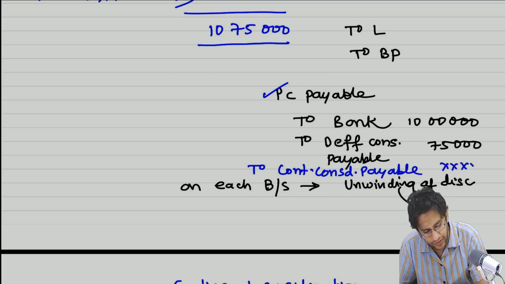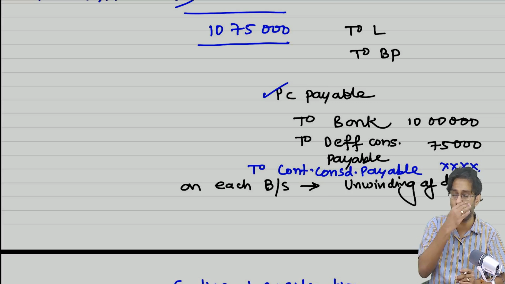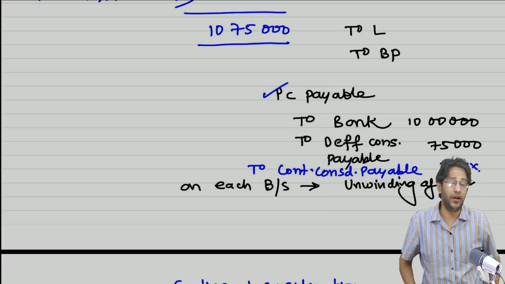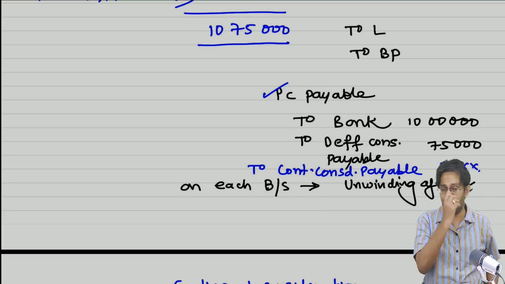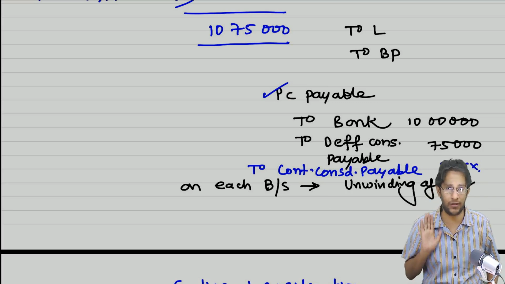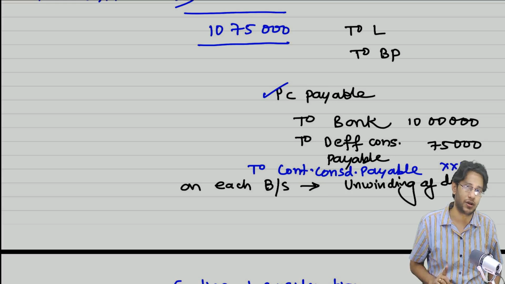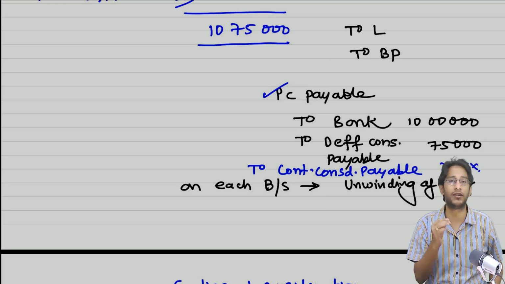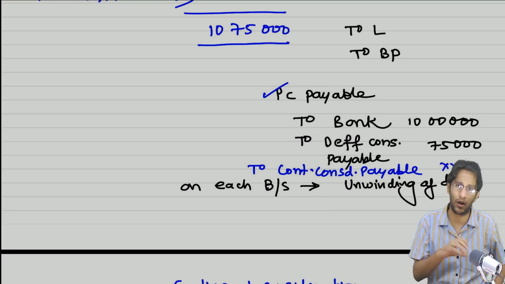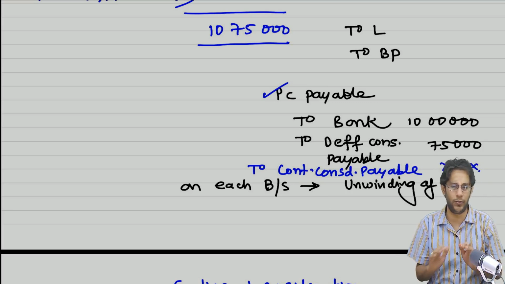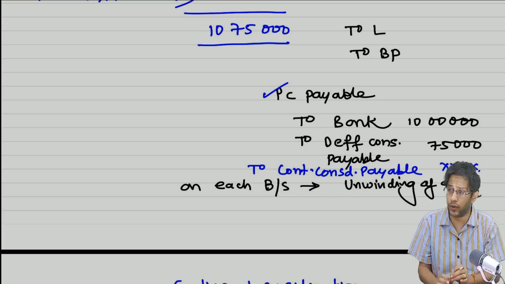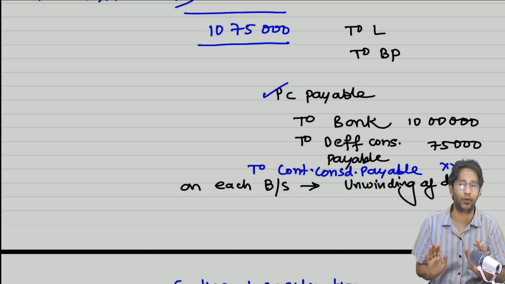With what amount? With the fair value of contingent consideration. So, the fair value of deferred consideration is its present value. In deferred consideration measurement, we did present value accounting. Contingent consideration is not a definite amount, so you should not discount the entire amount. The question will give you the fair value along with probabilities and all. They will do all that job; you will not work it out. You take the fair value and include it as a part of your purchase consideration calculation.